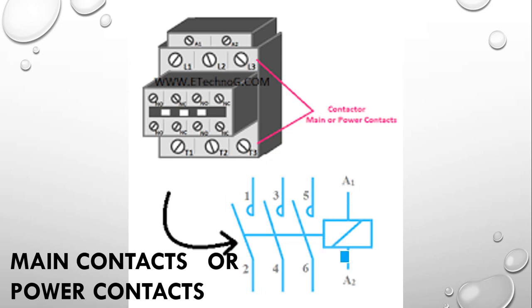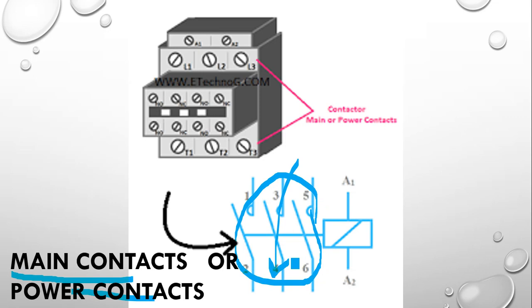When the coil is energized, then these three contacts will be closed. Under normal condition, or when the coil is not energized, these contacts will be open. So it is called a normally open contact. These contacts are main contacts or power contacts. Why is it known as a power contact? Because it has a higher current carrying capacity and is able to take the full load current to